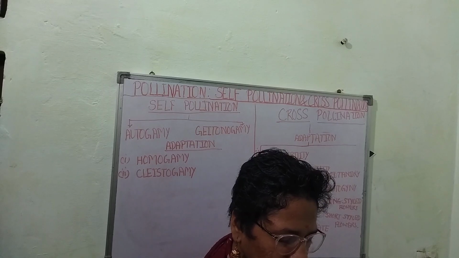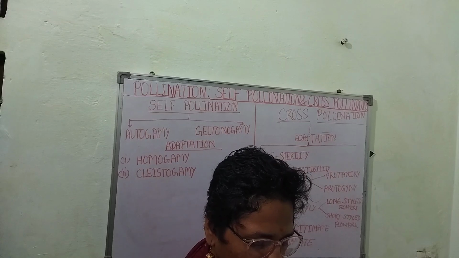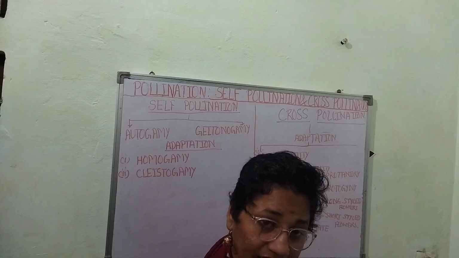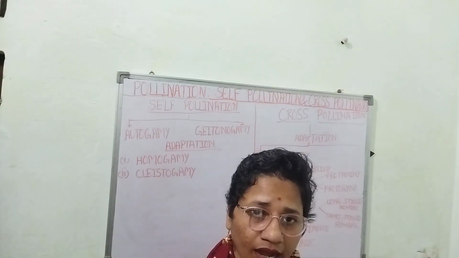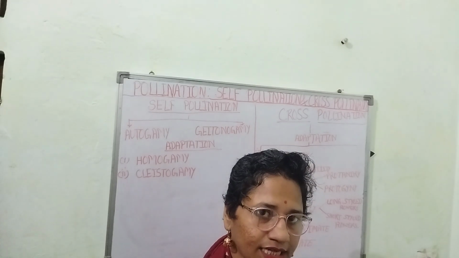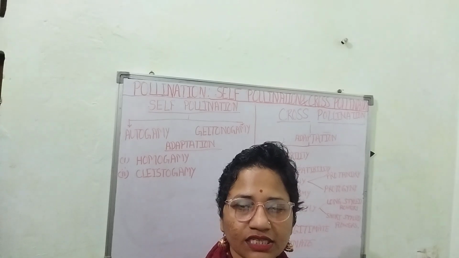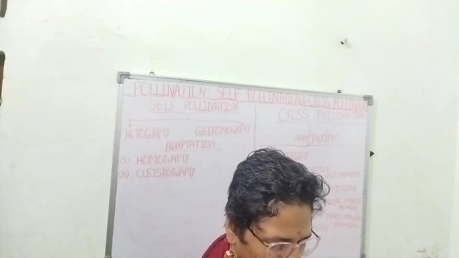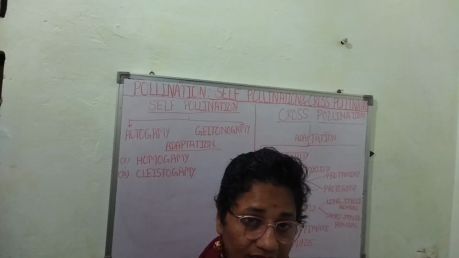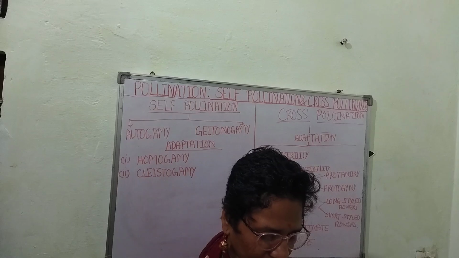और सेल्फ इनकॉम्पेटिबिलिटी की जहाँ तक बात आती है, वहाँ तक हम ये कह सकते हैं कि the growth of the pollen tube is checked down in the style. They enter into the stigma and go through the style, but they are checked in the style. So it is governed by the self incompatible genes. Biochemical studies reveal that self-incompatible genes show a recognition rejection response in some cases.